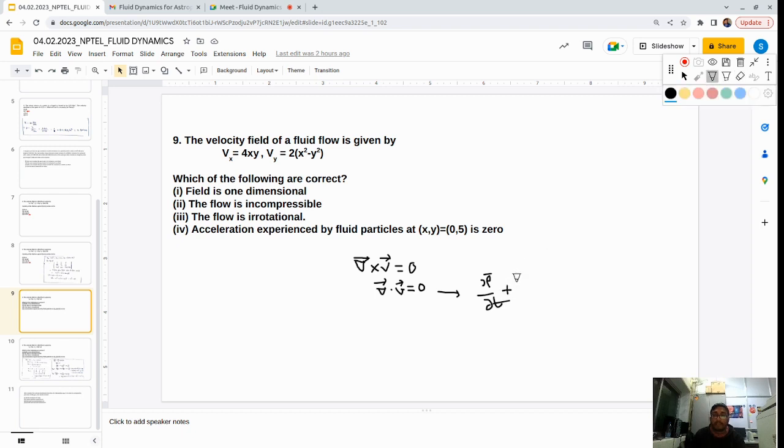So del rho del t plus divergence of rho v is equal to 0, right? This is the mass continuity equation. Okay, now you have del rho del t plus two terms, right? Gradient of rho dot v plus rho divergence of v equals 0, correct? Now are you familiar with the material derivative? There is an Eulerian frame, there is a Lagrangian frame, right? Yes. So these first two,